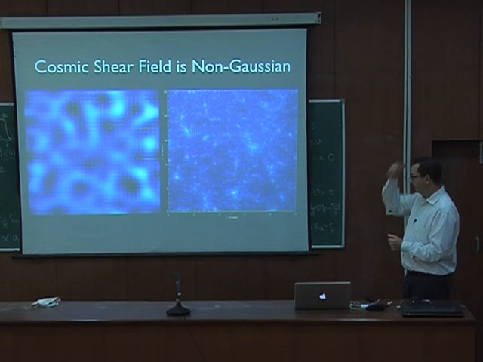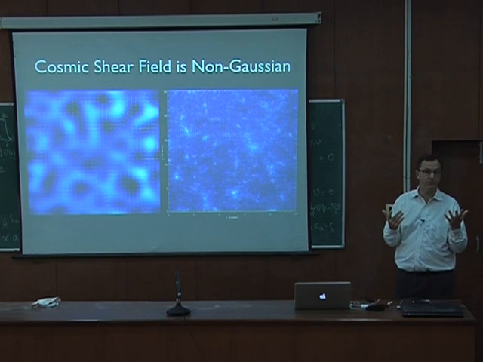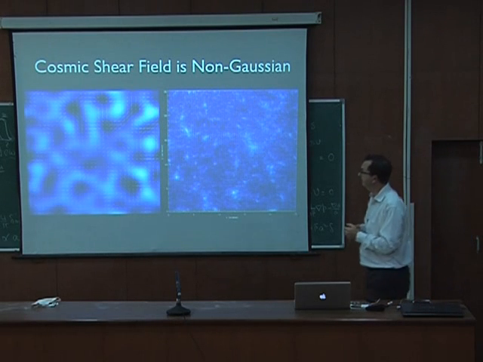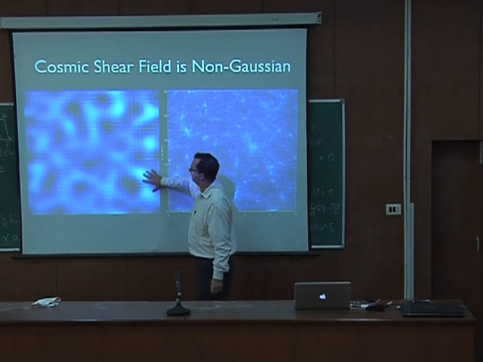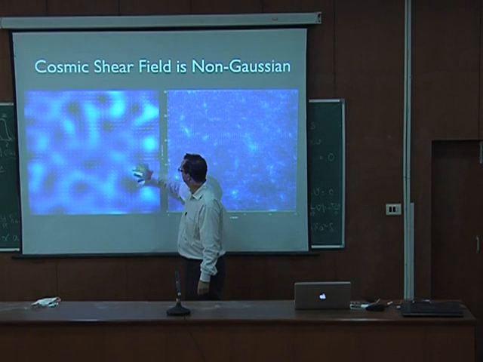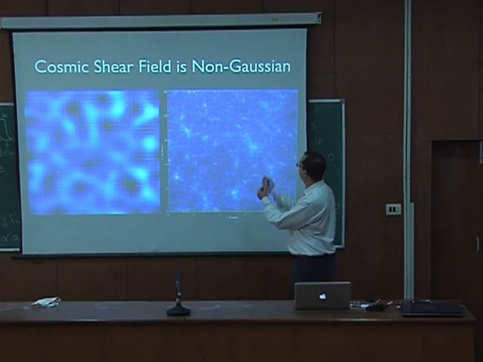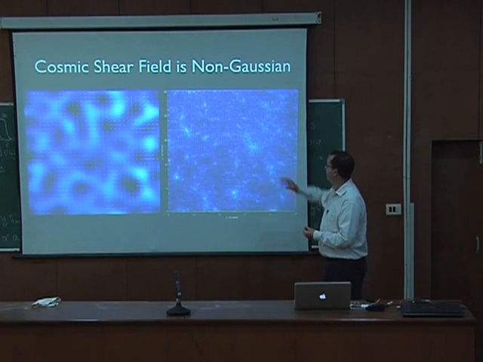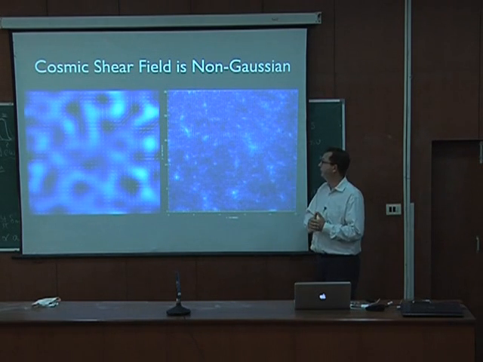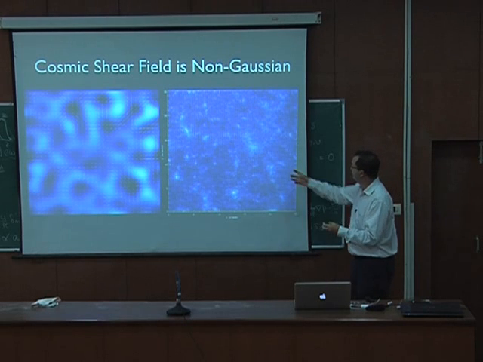But in most fields, like let's say you take an image in this room and so on, it's not a Gaussian field at all. I mean, you have structures, you have texture, you have faces of people. This is not Gaussian in the least. So the simulation I was showing you before, in the cartoon simulation, it was a simple realization of a Gaussian field. So a Gaussian field is smooth, has this kind of structures, but it doesn't have clumps like this. While in the N-body simulation, which is a realistic one, where the photons are shot through real structures with filaments and clusters and so on, then you get a much more clumpy